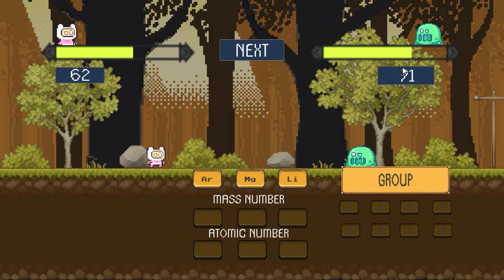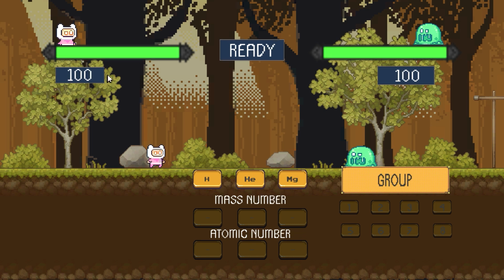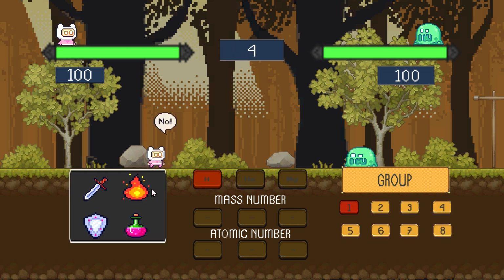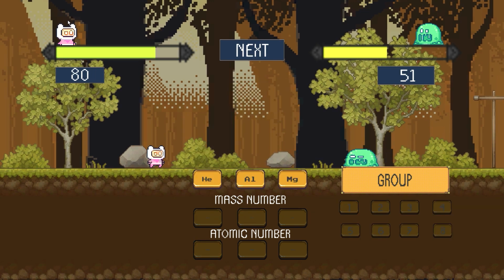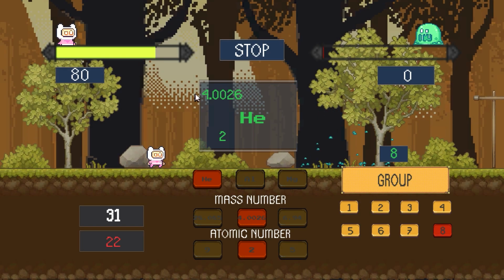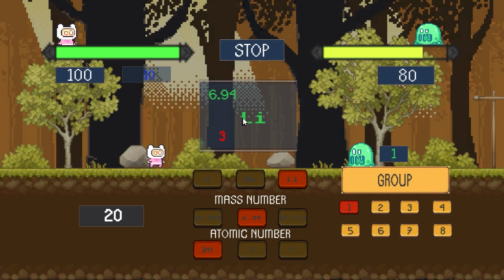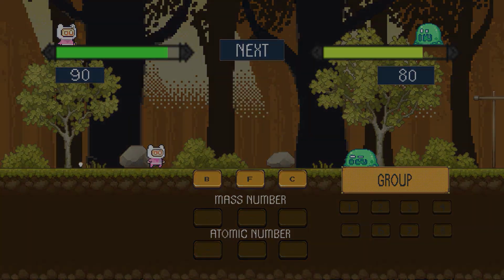The mission of the game is to attack the slime that is your enemy. You must reduce the enemy's health to zero. But if your pink guy's health bar goes to zero, the game will be over. And in the game, we have items for you to manage your strategy to attack the enemy, like the sword that can increase the damage to the slime, fire that can burn the enemy every round, a shield that can block the damage from the slime, and a potion